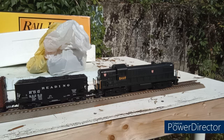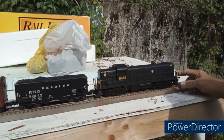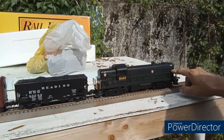That, would you? Got me a nice, new to me, MTH Rail King RS3. Looks to be almost a scale model, if not full scale. It looks surprisingly better than, say, your average old line LRS3s that you see out there for 40, 50, 60 bucks all the time. And I mean, the detail on it is pretty exquisite by comparison. I like the handrails on it a whole lot better,